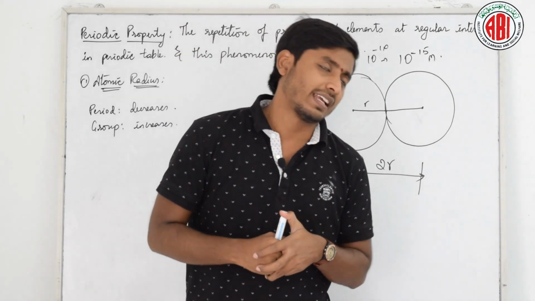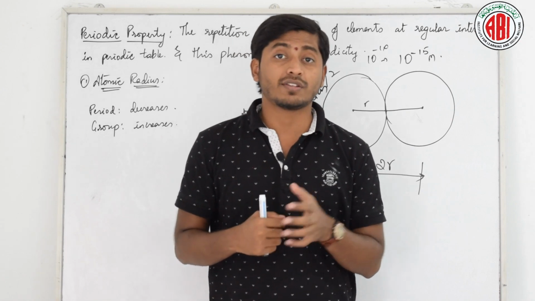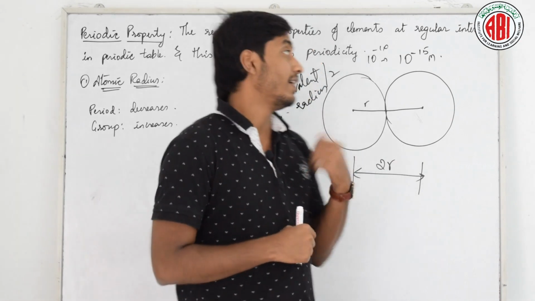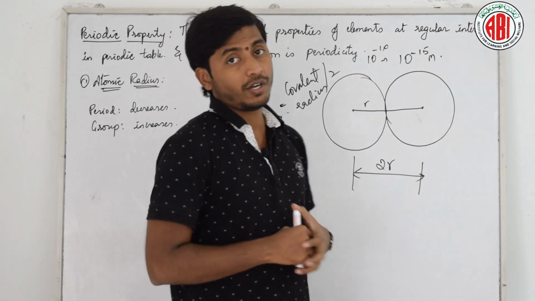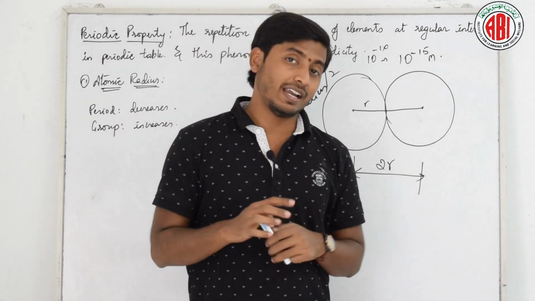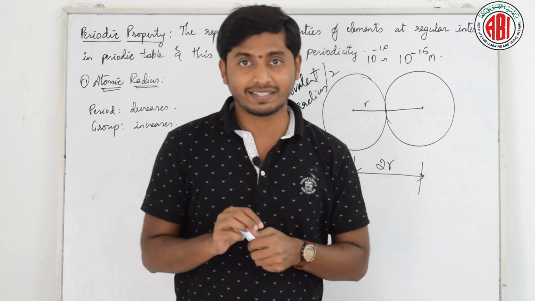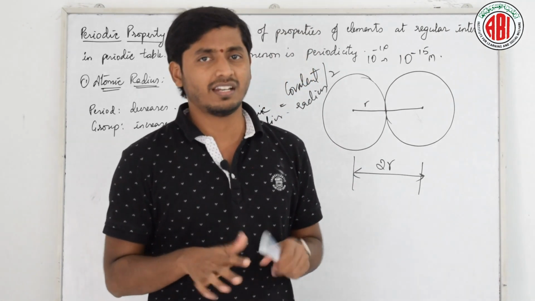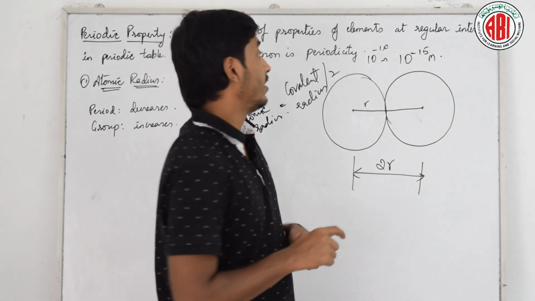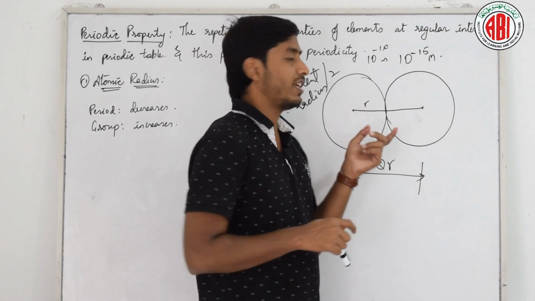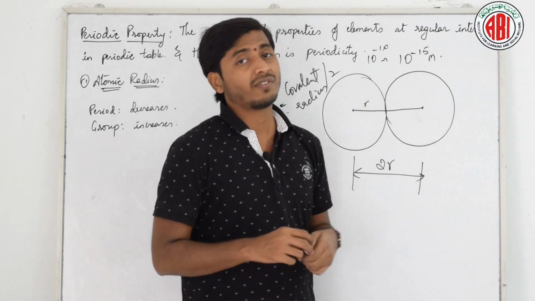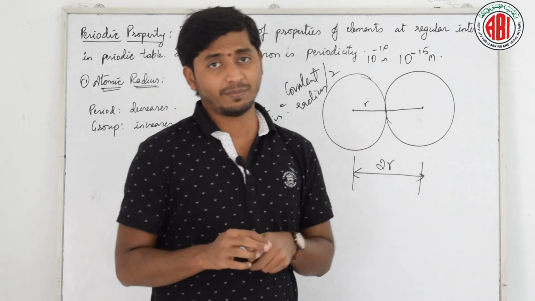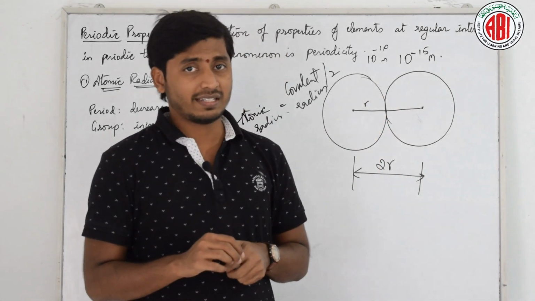Clear? Once again, tell me the definition. Atomic radius or atomic size is defined as the distance between the center of the nucleus to the outermost orbital of an atom. Is it clear? Did you understand? What could be the units of that? The units of atomic radius might be in angstrom, nanometer, picometer, or even femtometer for a few kinds of elements. Clear? Did you understand?